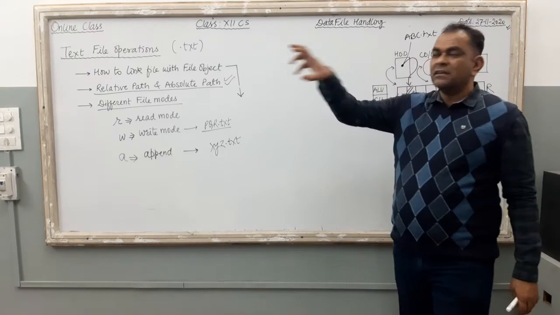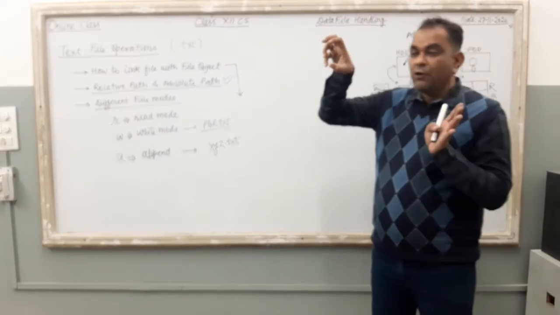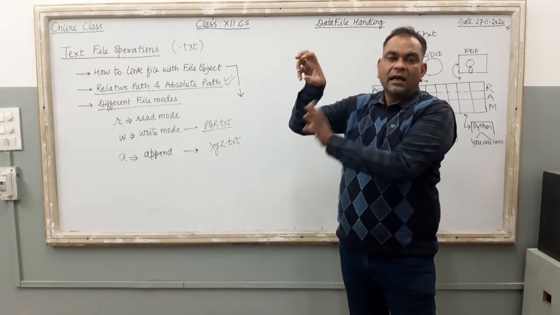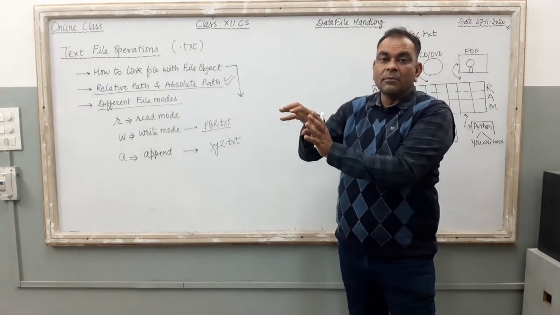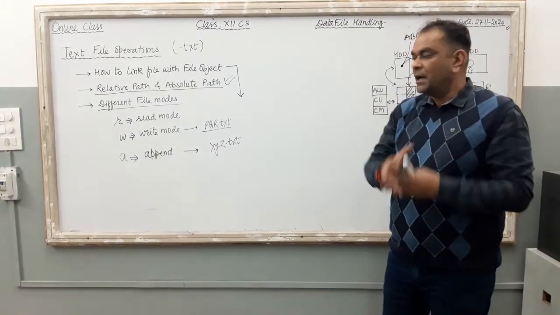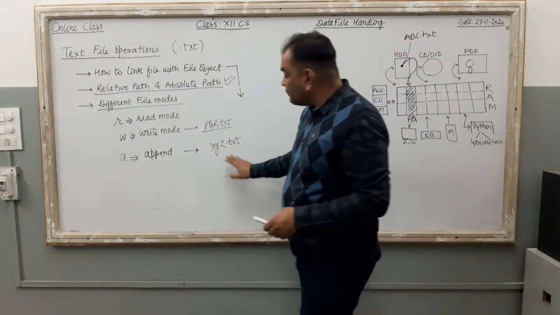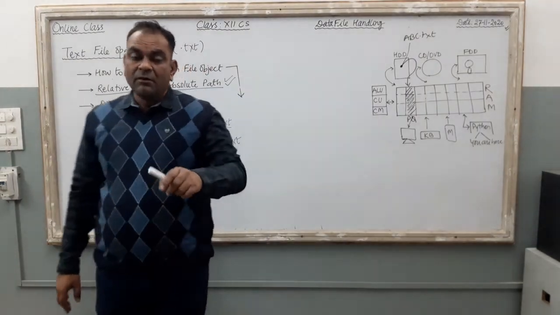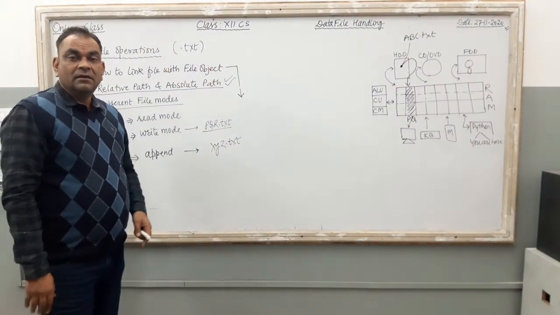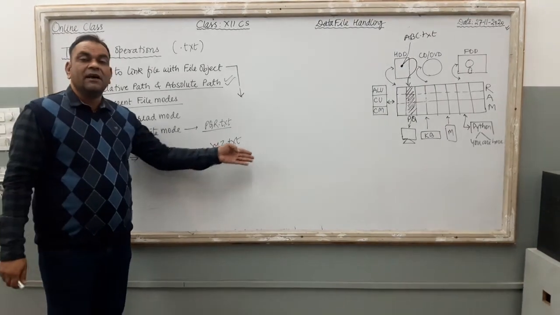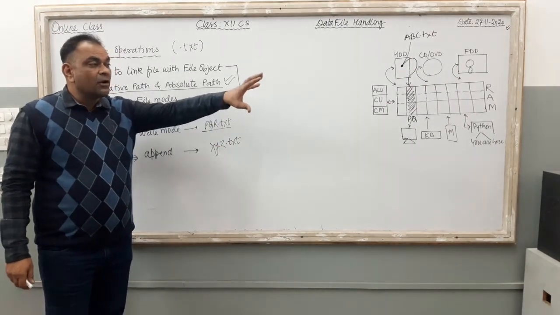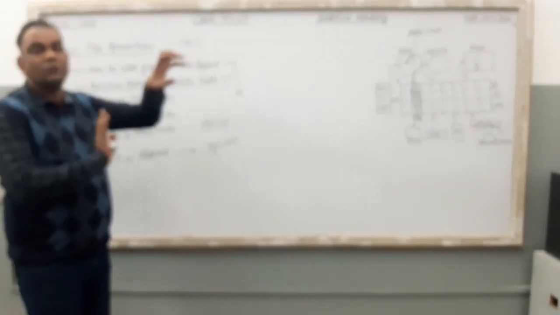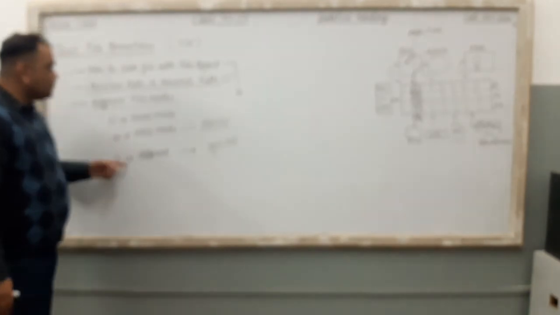Append mode means previous data is saved and you are going to insert new data just at the bottom of the previous data. Right? It is the append mode. So, append mode: if the file is not there, the computer will create a file. If this xyz.txt file is there already in the folder, the computer accesses the same file and stores the new data just after the previous data in the same file only. Clear? So these three modes are there.